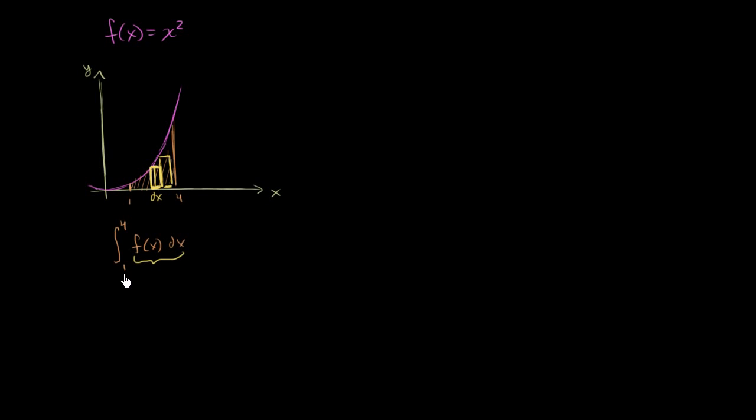We've just written some notation that says the exact area between 1 and 4 under the curve f of x and above the x-axis. In order to actually do anything really productive with this, we have to turn to the second fundamental theorem of calculus, sometimes called part 2 of the fundamental theorem of calculus, which tells us that if f has an antiderivative, so if f of x is the derivative of some function capital F of x, or another way of saying it is capital F of x is the antiderivative